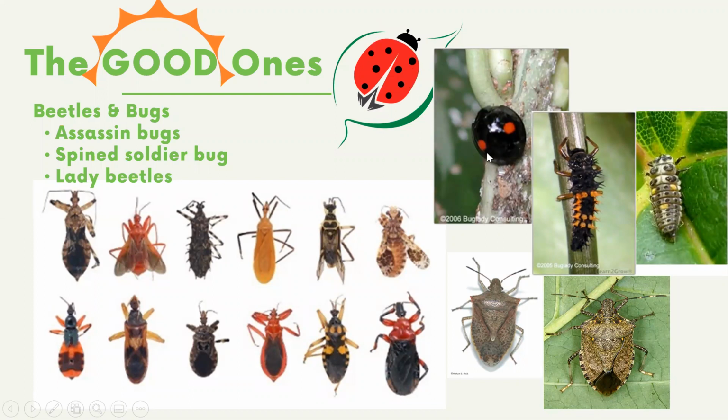This one is actually a two-spotted ladybug, and they're very common around here, but they're much smaller than those orange ladybugs that are actually, I think, Chinese. The orange ladybugs are an invasive from China. We do have native ladybugs that are red with black spots, but we also have these two-spotted ladybugs, and